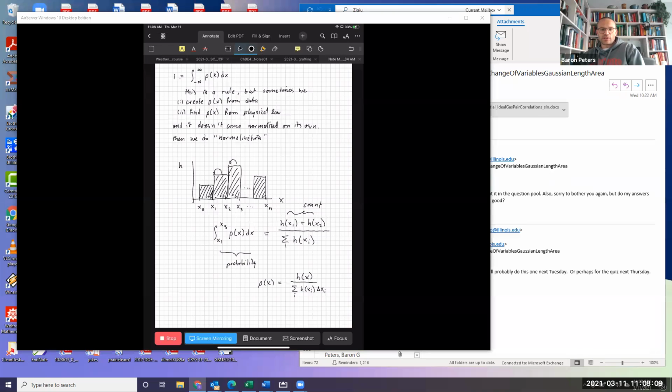Well, I assumed when I did the formula above that all the bins have the same width. If the bins have different widths, then I would have had to do this. Okay, and now that becomes the proper normalization for this thing. Now, usually when we create a histogram, we make all the bins have the same width, and so you can get away then with saying that you just ignore these because they all cancel. Okay, but when you write down what the probability density is, you have to keep that bin width at the bottom,